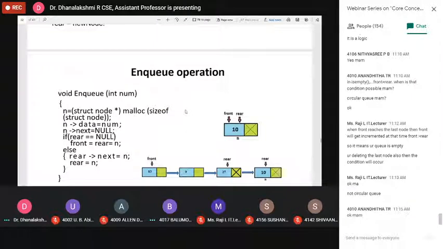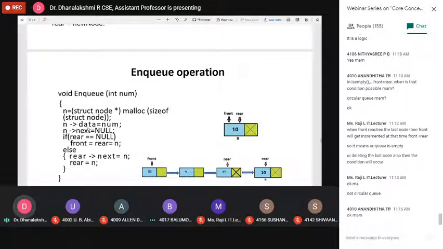Now what is the first step? Here I am going to pass the new data. Any idea about this enqueue operation? Now we are going to insert the first element, assume our new data element is 10. Now we are going to insert 10 into that queue. Before that, you are already very familiar with these statements. Before performing any operations on the new node, first we allocate memory to this node using the malloc function. That is dynamic memory allocation.